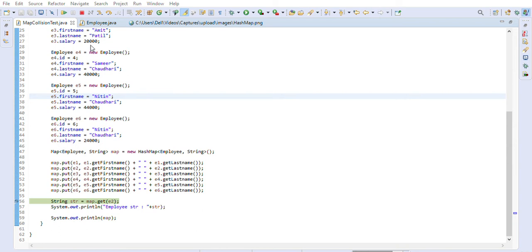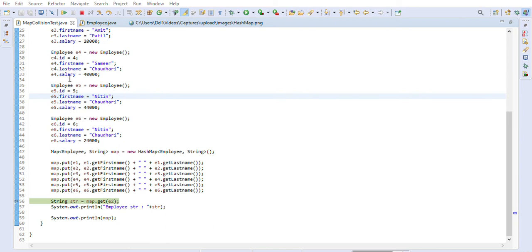So hash collision is a bad thing, right? Because when you are trying to retrieve an object from bucket 1, you may have to traverse all the linked list objects, the 6 employee objects that you added into this bucket. So it is order of n. The main reason why we use a hash map is because we want constant, order of 1, when retrieving objects from the hash map. If hash collision occurs, then the order can go to order of n, because a linked list gets created inside the bucket of the hash map. So that's not what we want.